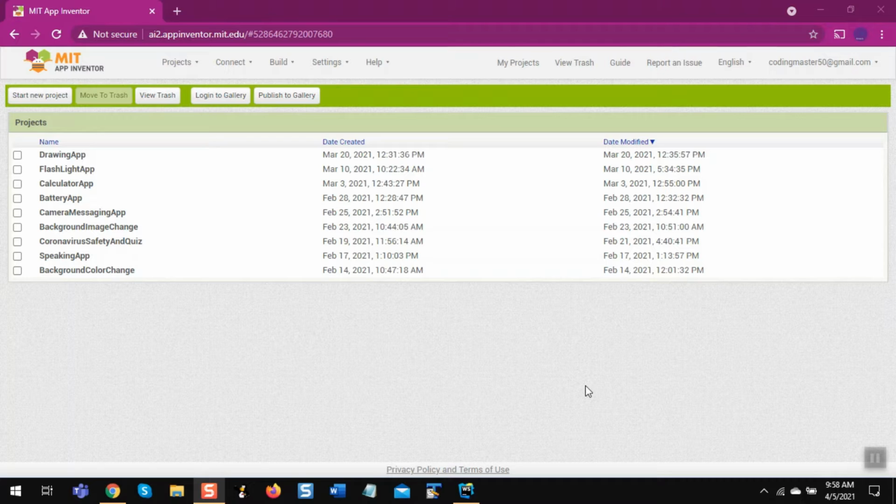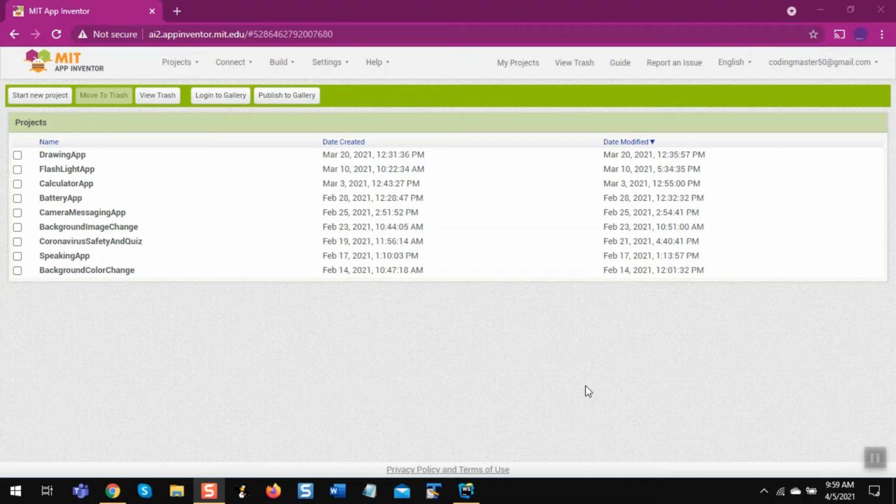Okay, now let's start. In the last video, I told you what MIT App Inventor is, how to log in to MIT App Inventor, and the home screen of MIT App Inventor. So, in this video, I'm going to tell you the user interface of MIT App Inventor and its components, designing your app, coding a simple app, and how to test your app using AI Companion or emulator. The last part, how to test your app, is going to come in the next video.